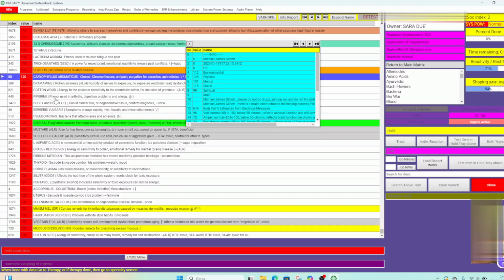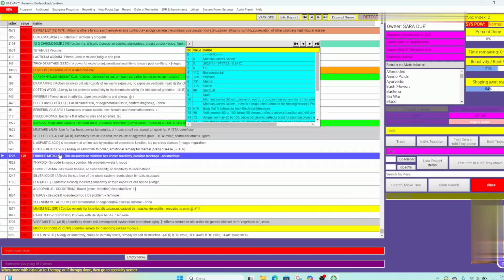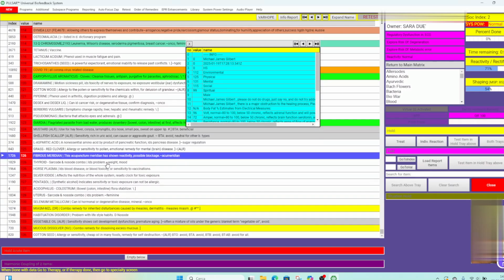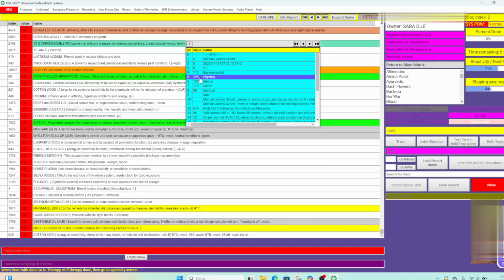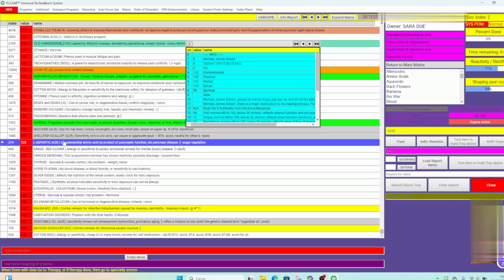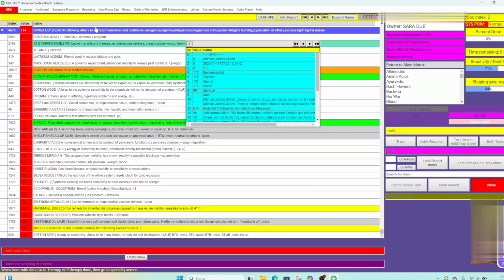So the priority is a mental balance and then a physical balance. And we can also check what are these aspects, these frequencies that are resonating in the test program and that are to balance. So, for example,